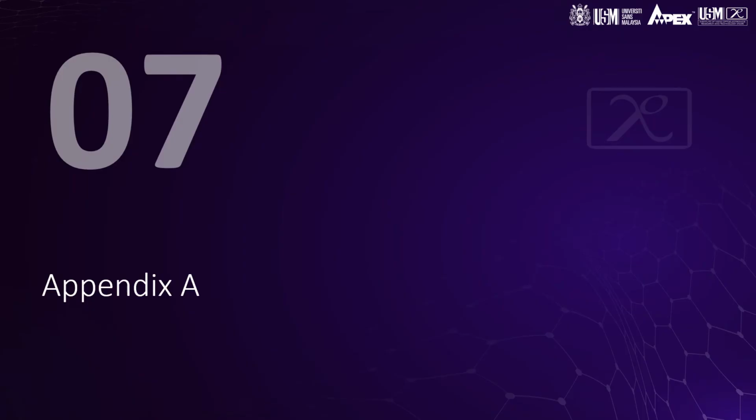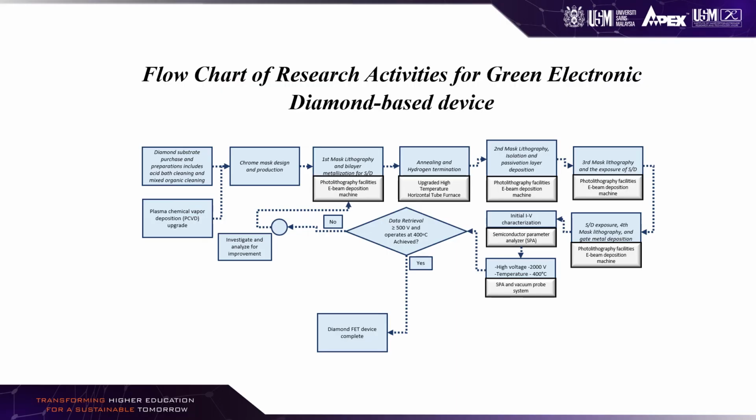so this is the appendix A that I mentioned earlier. This is a process flow chart for the activities of green electronic diamond-based device. You can see the first step is the purchase, cleaning and upgrade of the equipment, and then go for the design, and then the next step is the first lithography, and which equipment is used. For example, this one is e-beam and also the photolithography process. The next step is annealing and hydrogen termination, using a horizontal tube furnace and so on, until, for example,